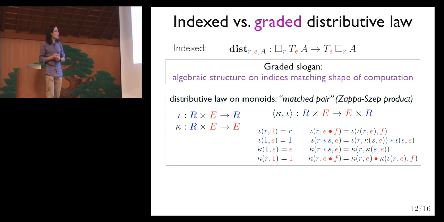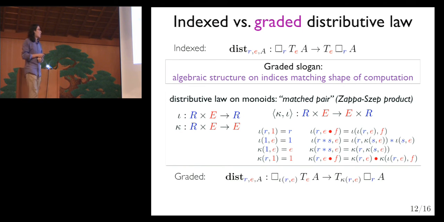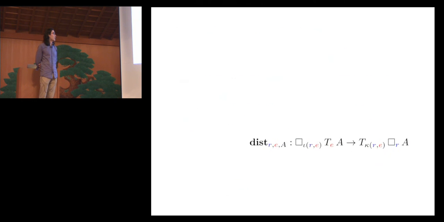And this is exactly what we need then to provide a notion of composition for things that are effectful and coeffectful and that interact in their monoids. So we get this graded distributive law, which is parameterized by one of these matched pairs. And so we use iota on the left, which says, okay, I've got coeffect R and effect E, and I want to combine them to calculate some new coeffect due to their interaction. And kappa on the right calculates the new effect due to their interaction. So this is the sort of general law. And that's a primitive in our calculus. That's the last part, really.